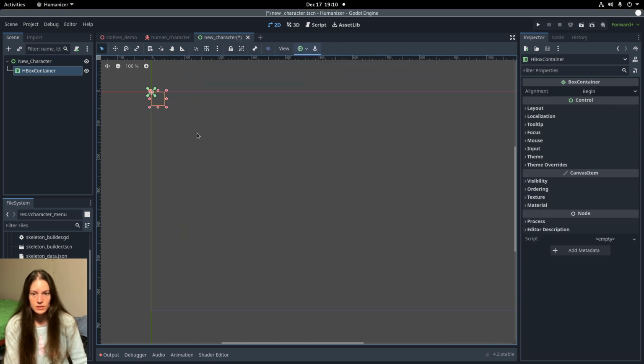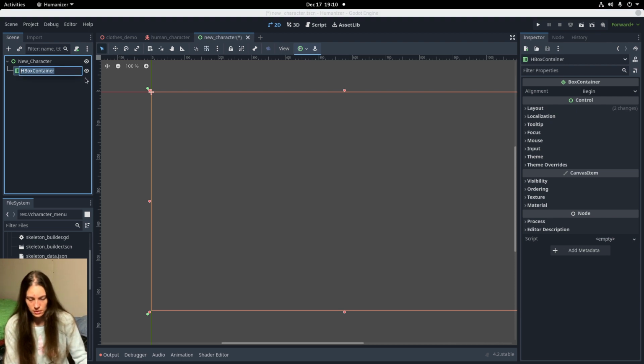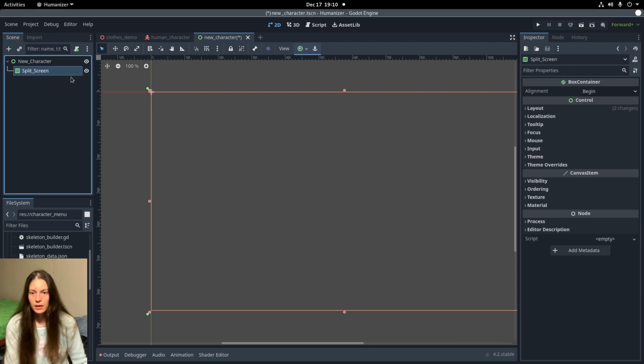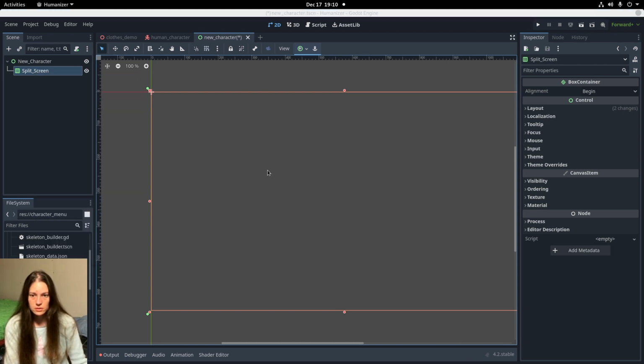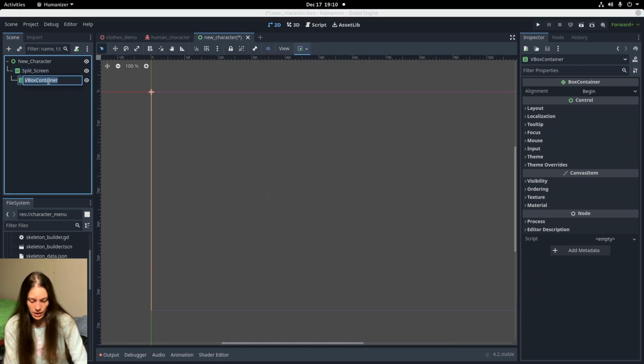I'll just use an H-box, which will align them horizontally. And I'll set the layout to full screen, full rectangle. And rename the node. So the first child will be a VBox container for the menu,